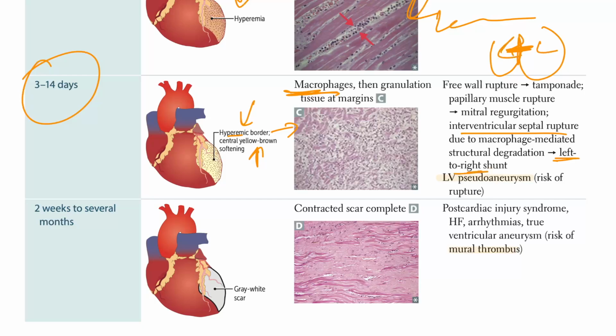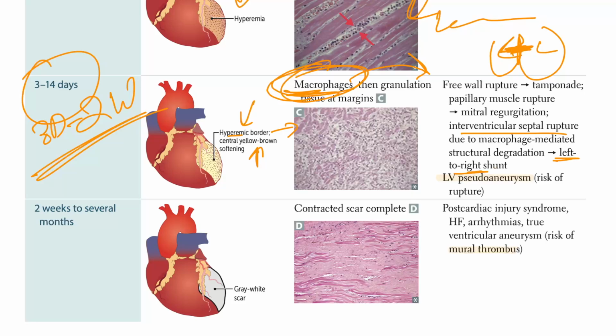So shunt will start. Again, macrophages, the way you're going to think about it, by 3 to 14 days. So 3 days to about 2 weeks, the macrophages are going to little by little start eating the dead tissue,